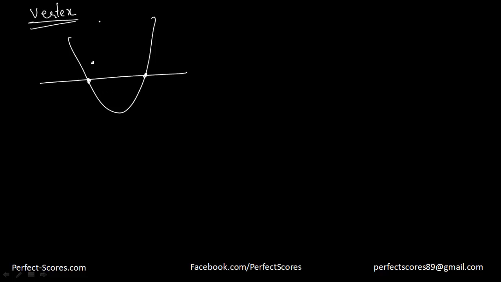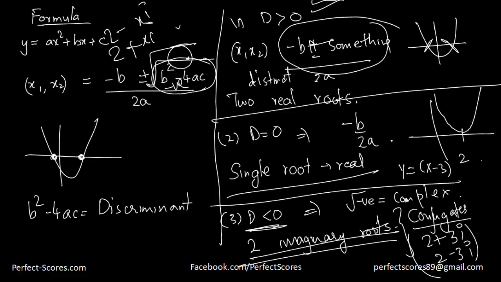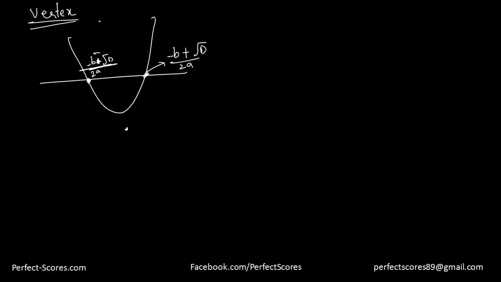How do you know the value of the vertex? Now let's suppose this is your quadratic function and these are your two roots, right? This root is going to be equal to minus b plus the square root of the discriminant over 2a. This root is going to be equal to minus b minus the square root of the discriminant over 2a. As you can clearly see, you have two different roots, minus b plus root discriminant over 2a and minus b minus root discriminant over 2a. Now, as you can clearly see, this point over here